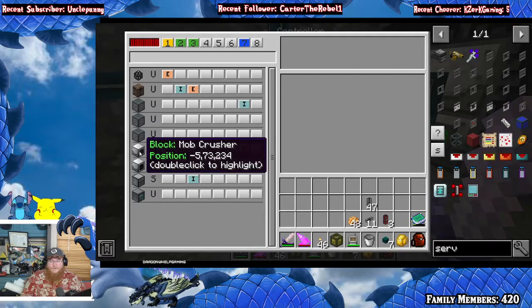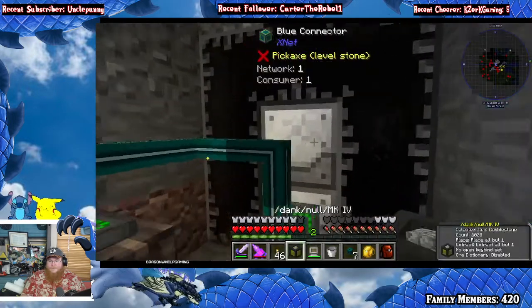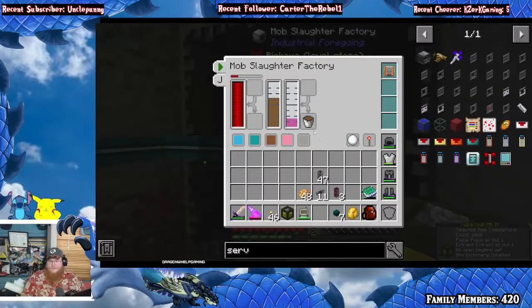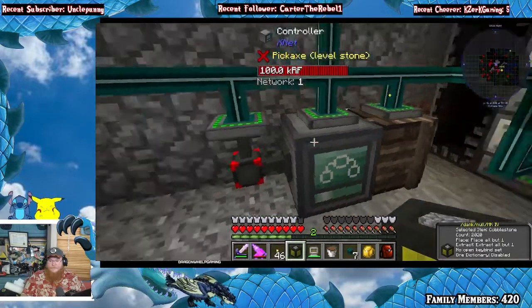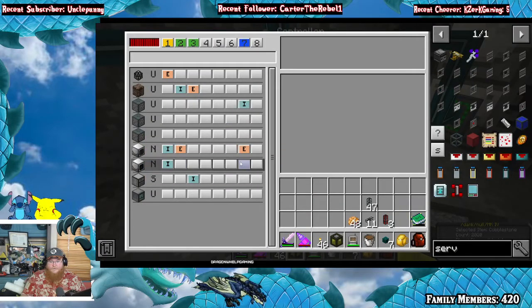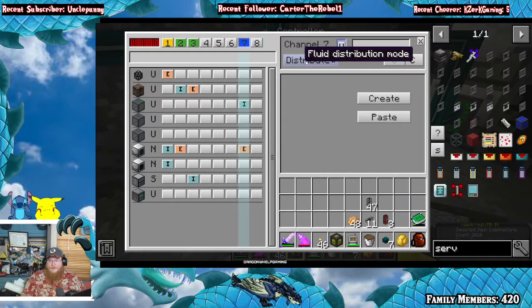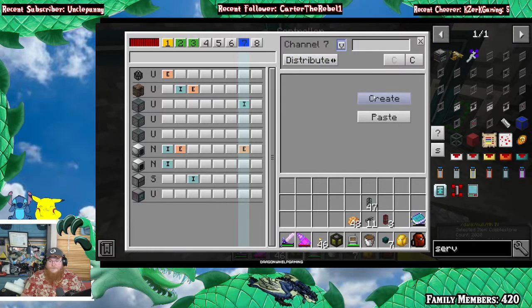So I also want to... I need a bucket of liquid meat. So I'm going to come in here. It would be the mob slaughter factory. It's going to distribute...